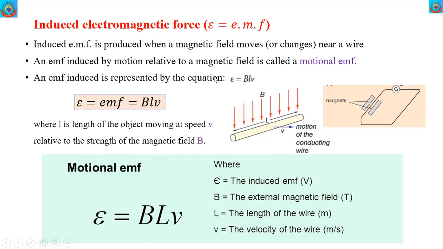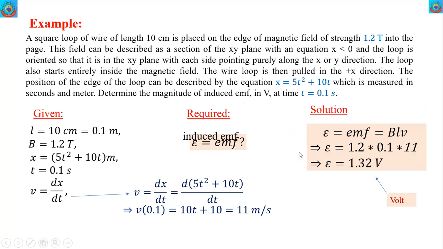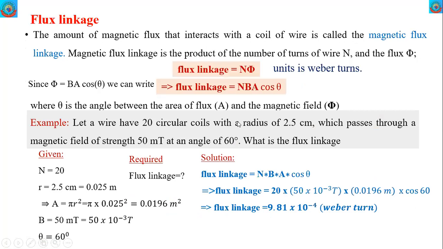We have tried to see this in the last class and worked an example around it. This is an example which was done in the last class. Then, what is flux linkage? Magnetic flux linkage is about the number of wires. Earlier we did not talk about the number of coils; we simply talked about a single wire. Now, if there is a number of coils in the